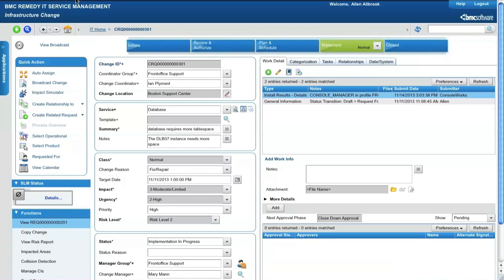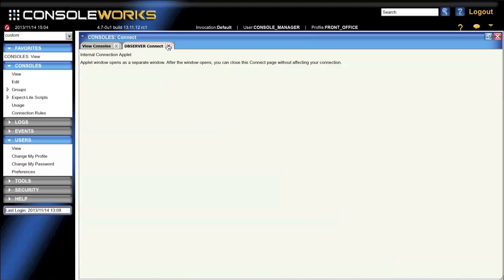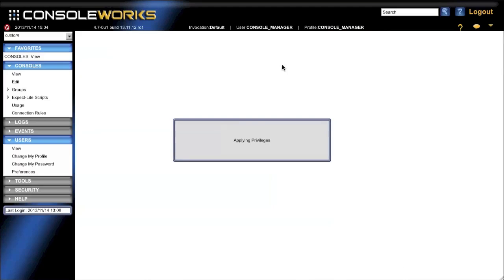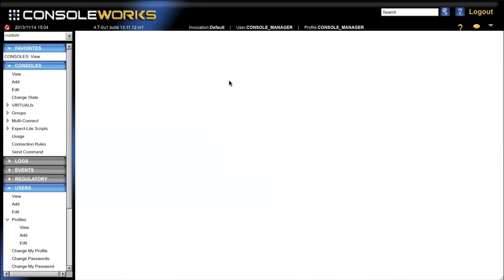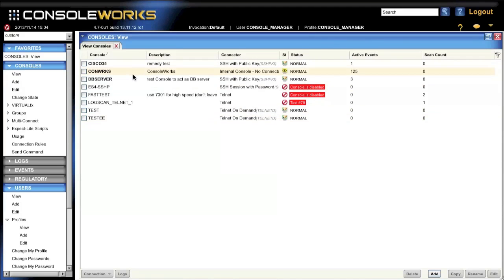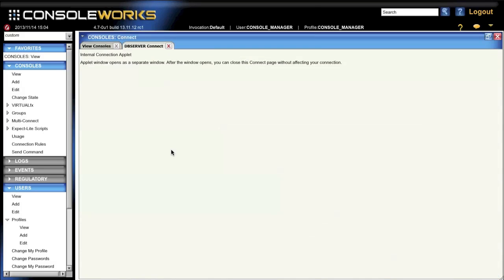Now finally, I'd like to show you an example of using the console manager profile that's set up with all as its UDF field, which our script is interpreting as any manager group. So come over here and view consoles. Not only can we see all the consoles, but if we try connecting to our DB server,